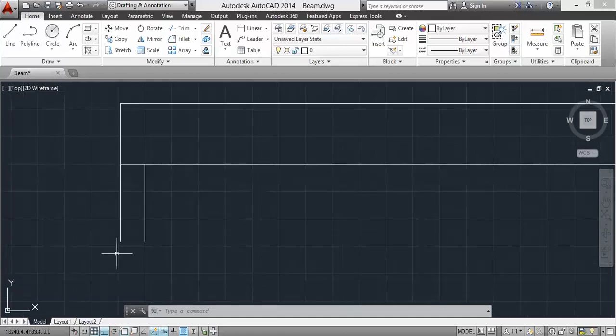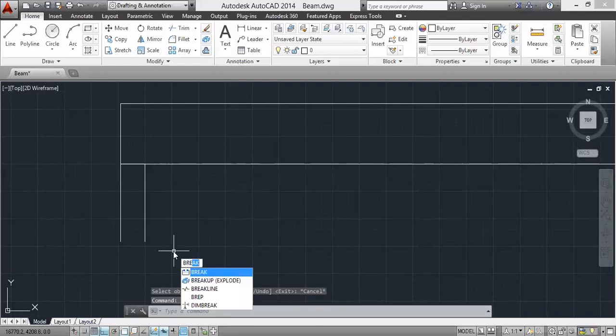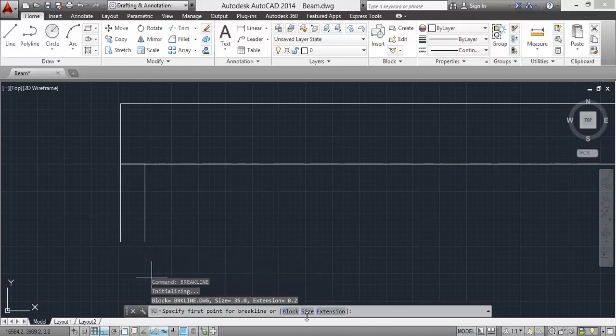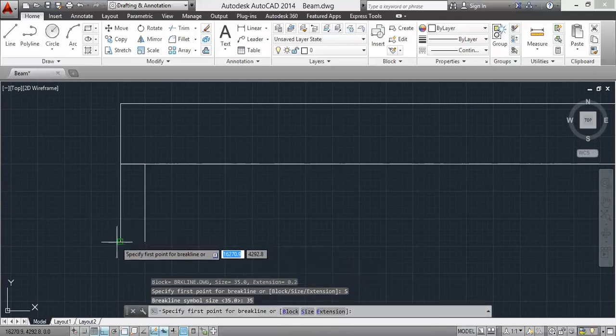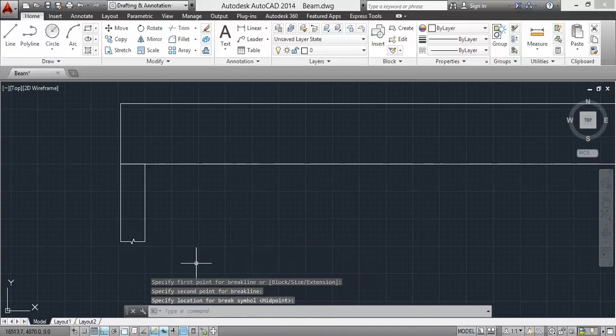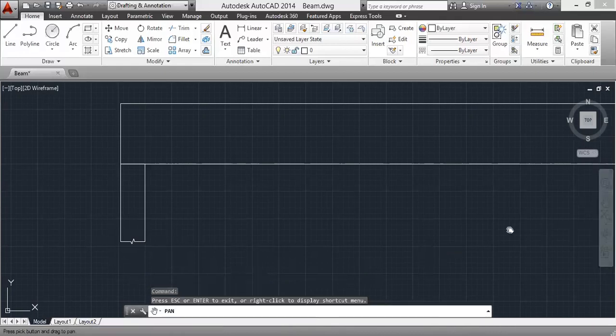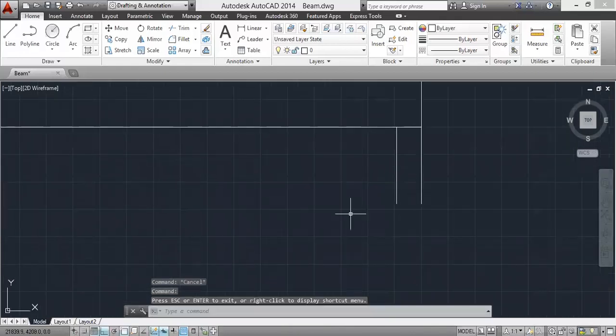Now I'll be giving the break line here using the break line command. Break line size should be 35 mm height. Specify the first point, second point, and midpoint. Okay, the break line is visible now. The same thing should be done here using the break line command.